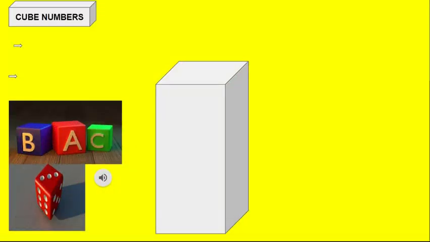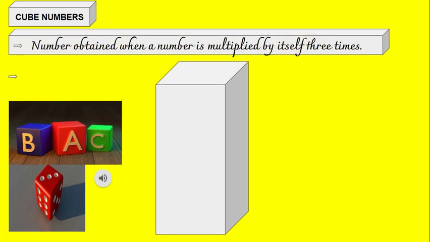So what are these numbers? These are numbers which are obtained when a number is multiplied by itself 3 times. So any number which you can get by multiplying the same number 3 times. For example, think of any number that comes to your mind. Let's say you think of the number 25. If you multiply 25 into 25 into 25, 3 times, what do you get? It is 25 cube. And whatever value you get, that value is a perfect cube or a cube number. So cube numbers are also called perfect cubes.